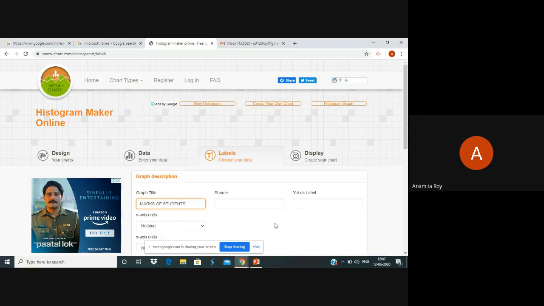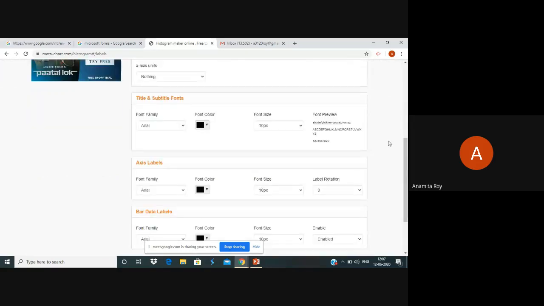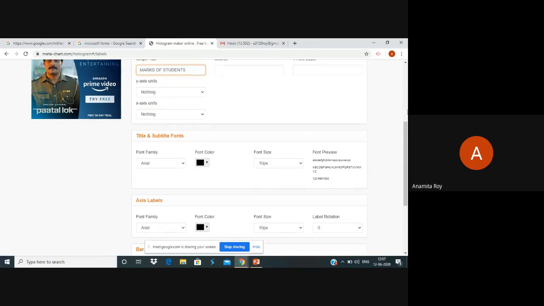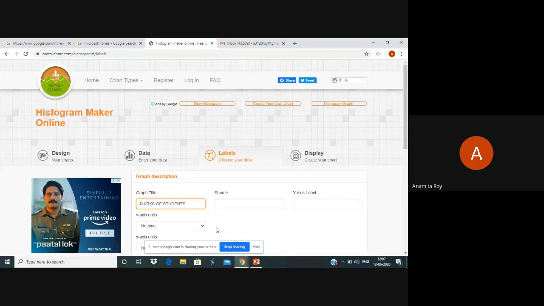And then as for y-axis, units is only number of children that are there, and x-axis also there is no unit. Y-axis level I can fix, it is number of children. So I can just say number of children,